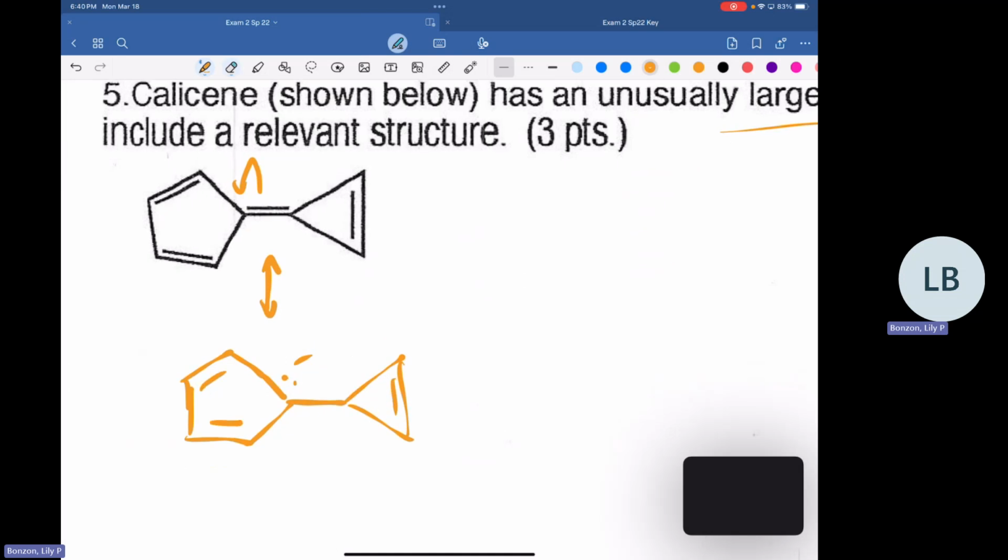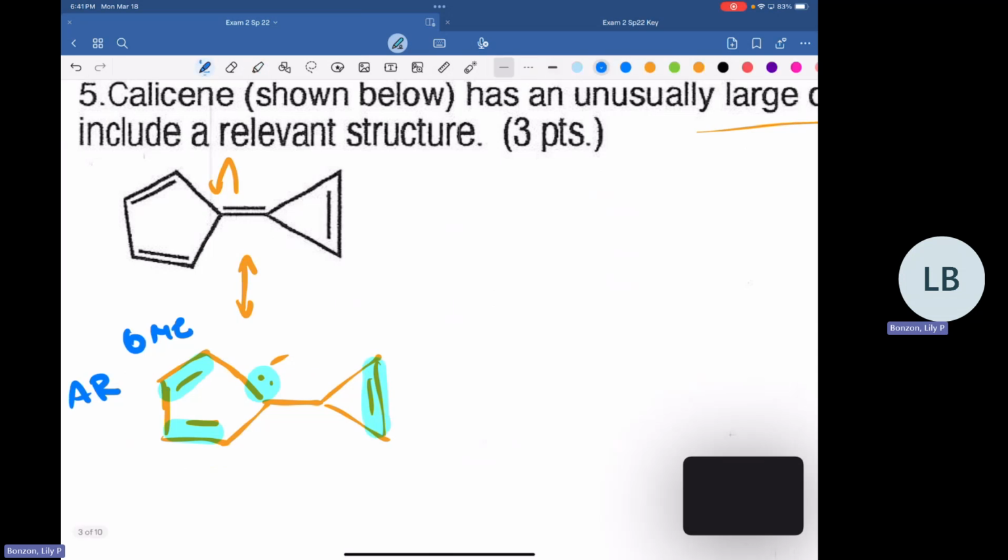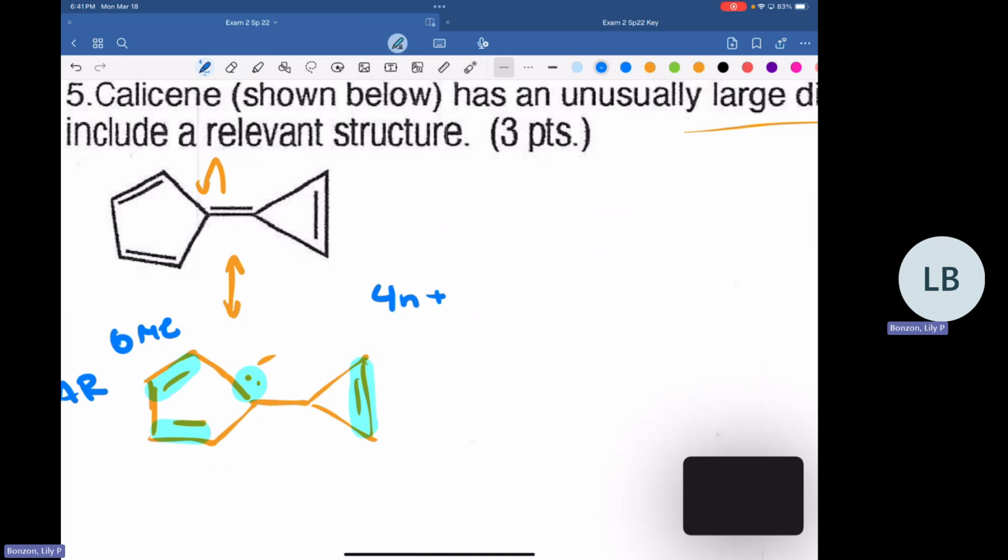And so now when we look at this structure, kind of crazy. We got 2, 4, and now we've got 6 electrons on that ring. And if you remember, 6 electrons gives us aromaticity. And if we look over here on the right, we have 2 electrons. And this one's kind of strange, but if you do the Huckel rule and you solve for n, that is still an integer. So this one is also aromatic.